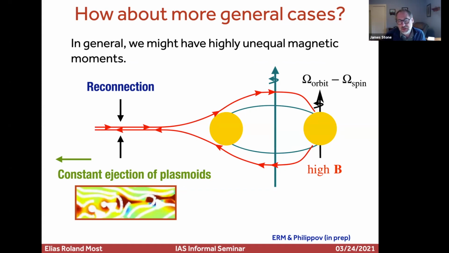So if you imagine starting the neutron stars off much farther apart, then there would be these two interacting current sheets at the equator. There would be winds, there would be a bow shock, in this particular case of general unequal magnetic moments, one would be dominant over the other, kind of like colliding stellar winds in massive binaries. And then as they get closer and closer, those winds and current regions must be interacting even more. And in fact, there's a binary pulsar where you can actually see the bow shock, so I just wondered whether any of the emission or any of those shocks or any of that mess would be detectable.